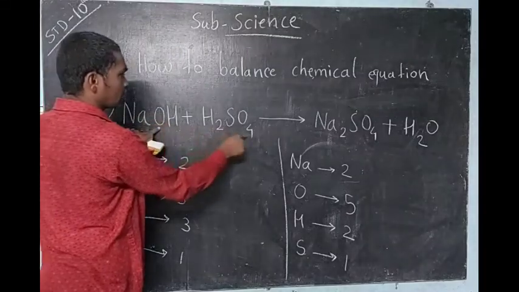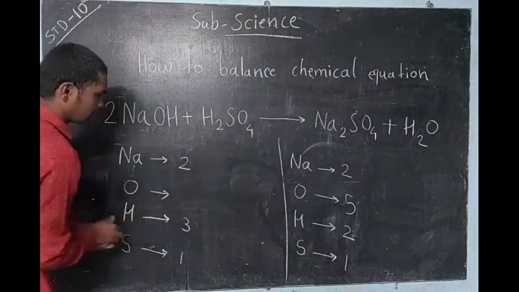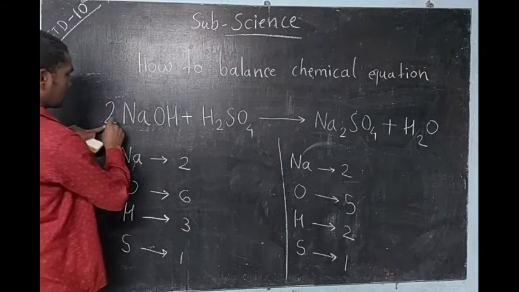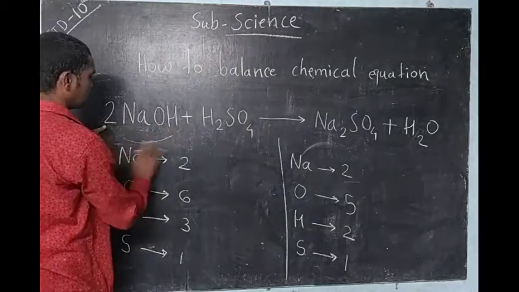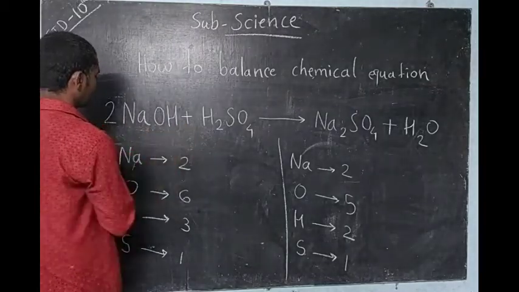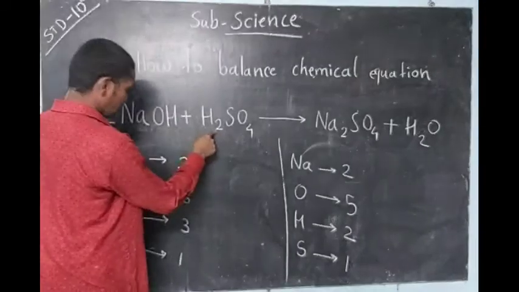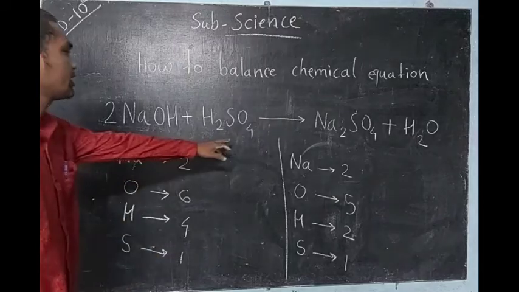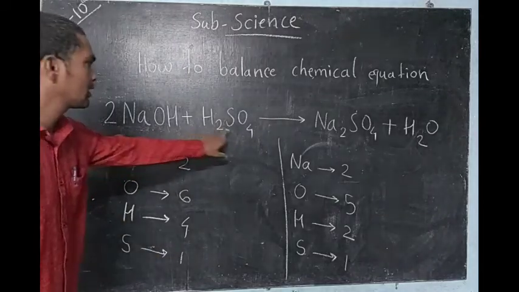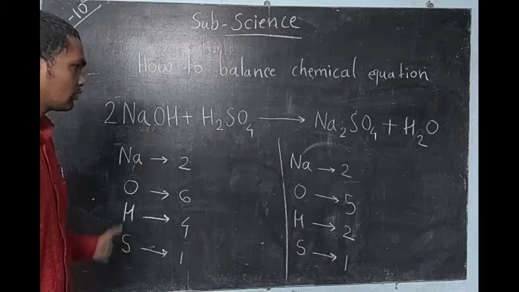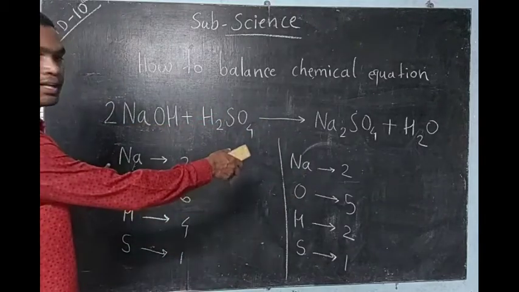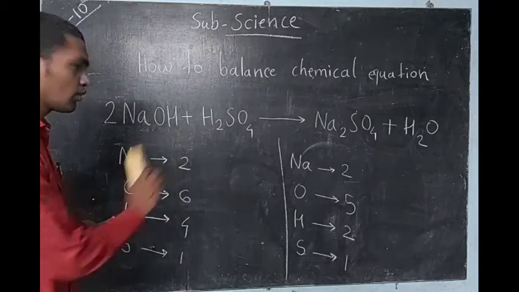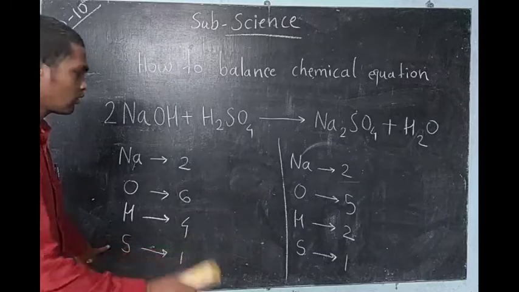This 2 oxygen and this 4, it means 6 oxygen will be here. Hydrogen will be the same. This number will attach to hydrogen also. So 2 hydrogen, this 2 is 4. But there will be no change in sulfur because we haven't written anything there. Sulfur is as it is, 1. Now come to this side. See, sodium balanced. Oxygen here 6, there 5. Hydrogen 4, there 2. Sulfur 1, there also 1.